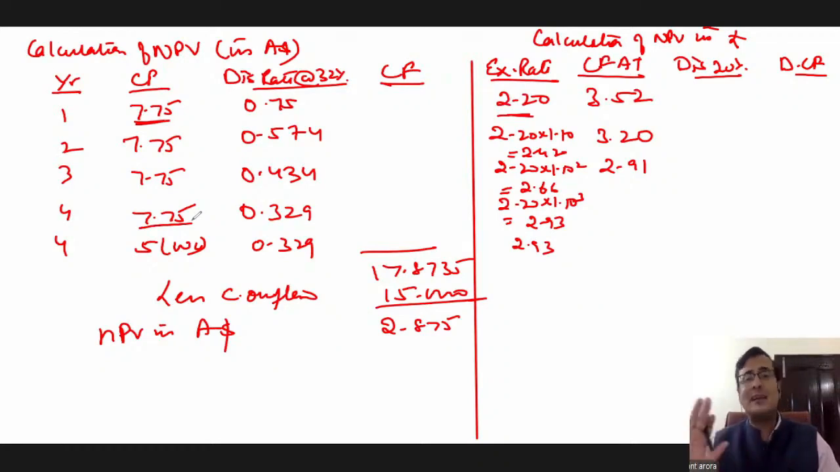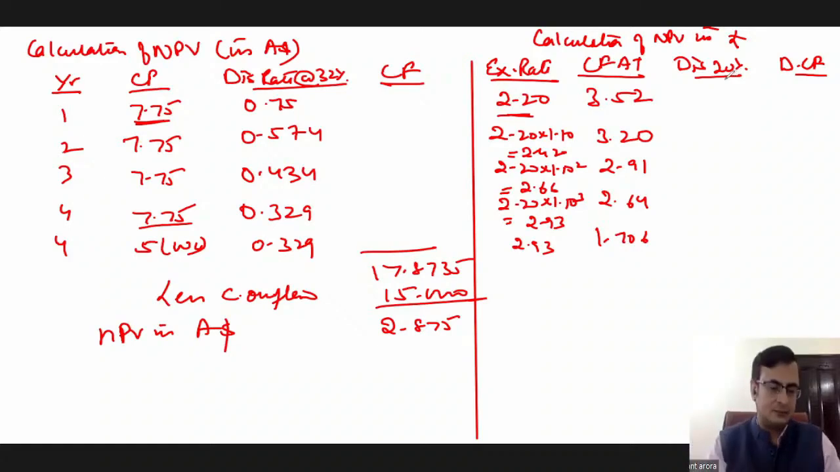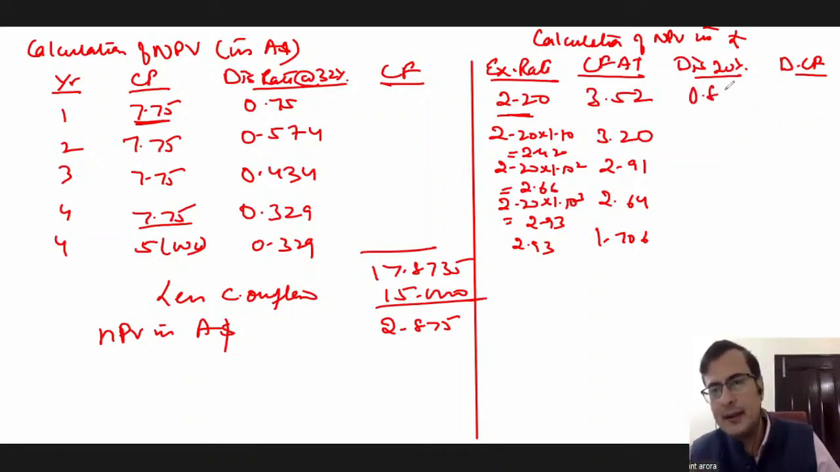Now why I'm dividing? Clear now? Forex first class, base currency concept. Okay, so this becomes 2.645 and this becomes 5 divided by 2.93, so that becomes 1.706. Clear, beta? Now you can do the discounting at the rate of 20%. 1 divided by 1.2. Okay, so 0.833